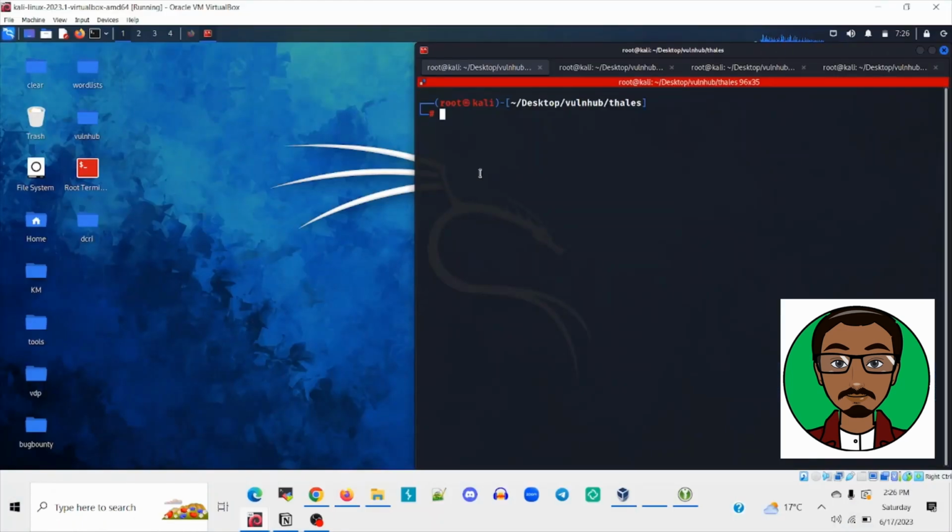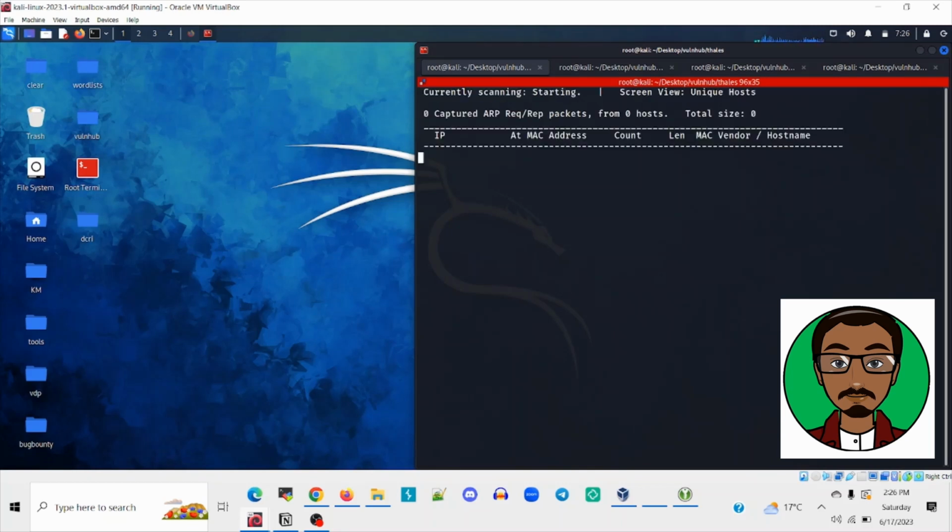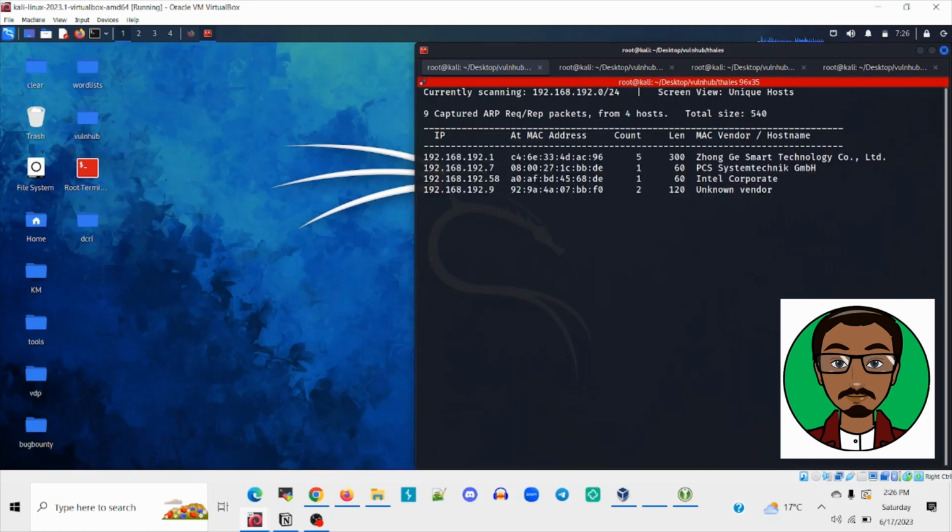So, our first step will be to get our target IP address, which can be done by typing netdiscover onto the terminal, -r, and then you enter your Kali Linux IP address, which for our case is .46/24 to scan the whole network. Once you get our target IP address, which is .7, the next step will be to perform an nmap